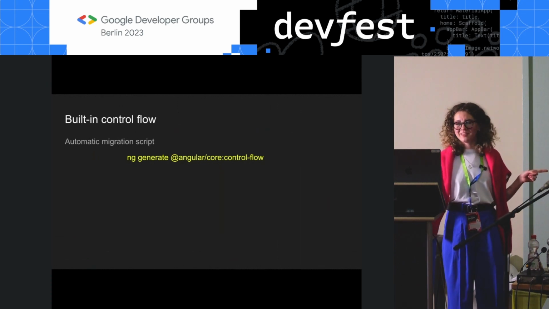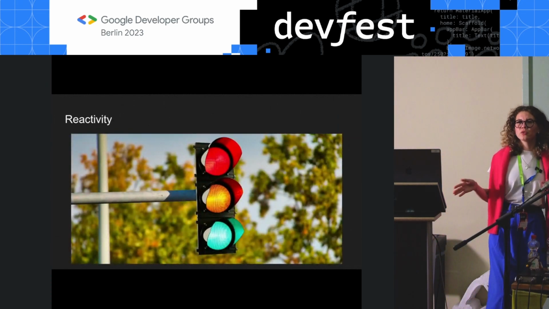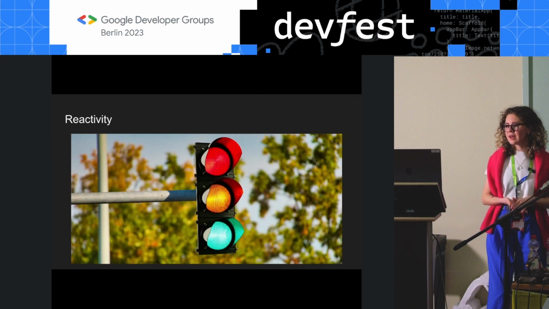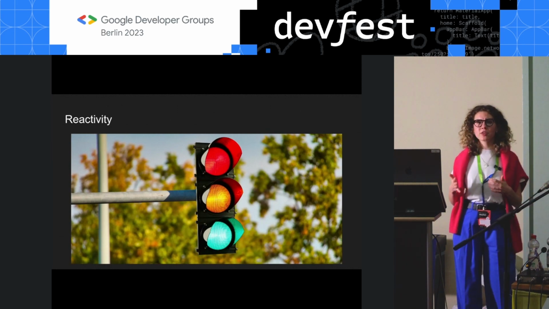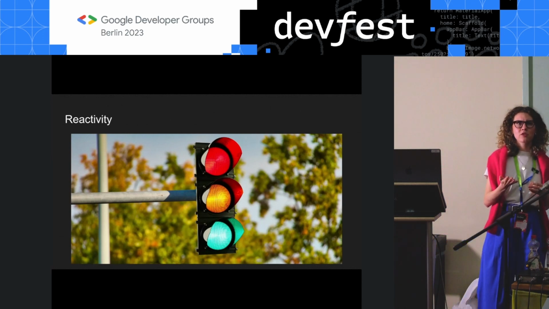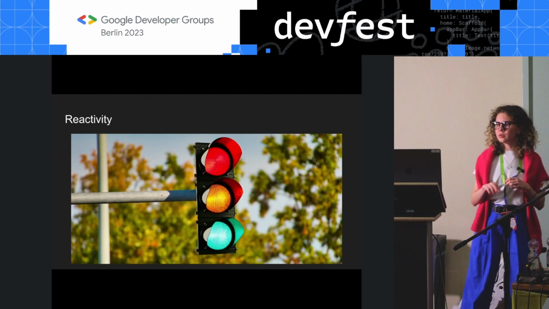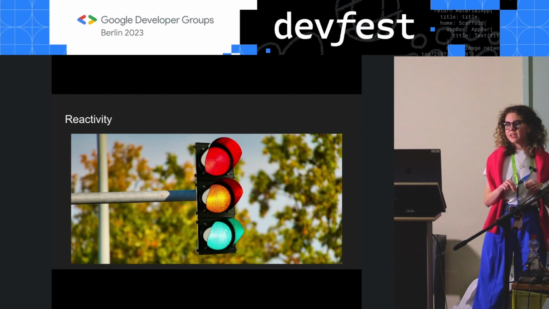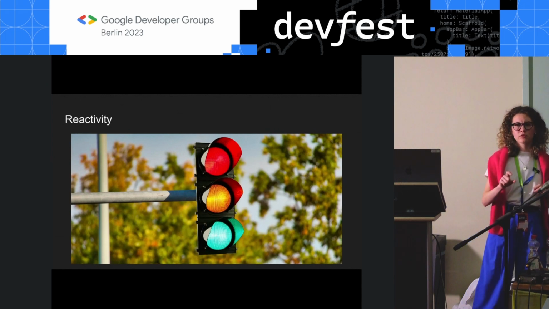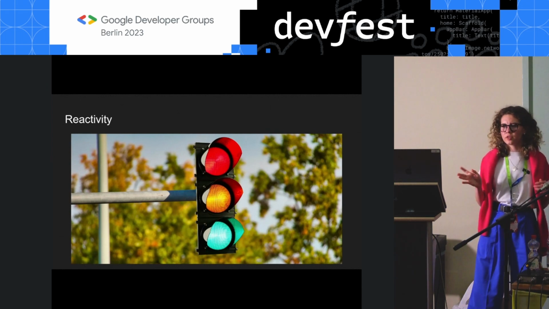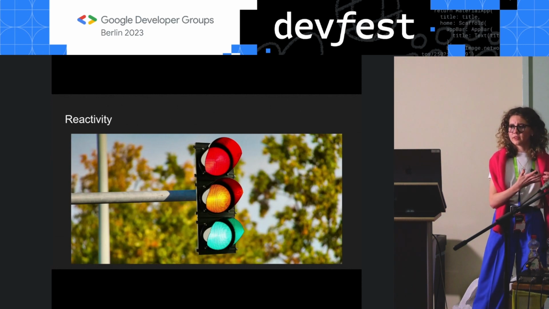Switching gears to reactivity. Any news on that? And for those who don't know what reactivity means, it's basically whenever you have some interaction elements in your web applications, such as, for example, you as a user enter your new task in the to-do list. You don't need to reload the full application to see the updates on the screen. It kind of works automatically under the hood. We don't feel it as a user. And that's kind of what we mean by reactivity.